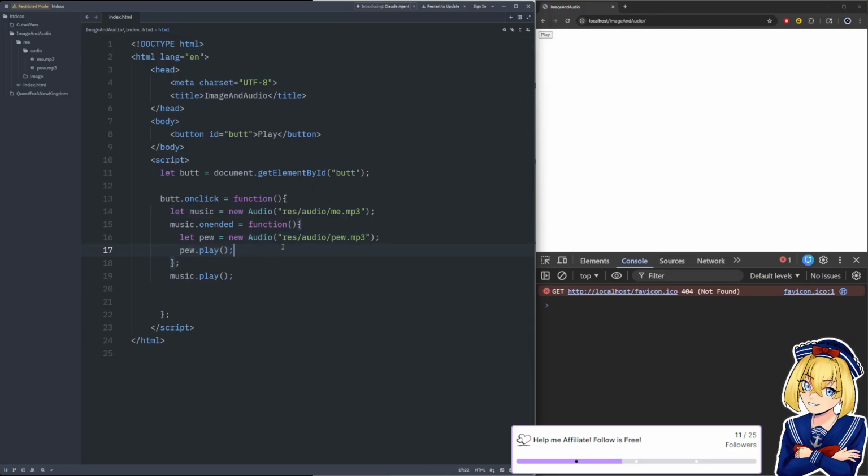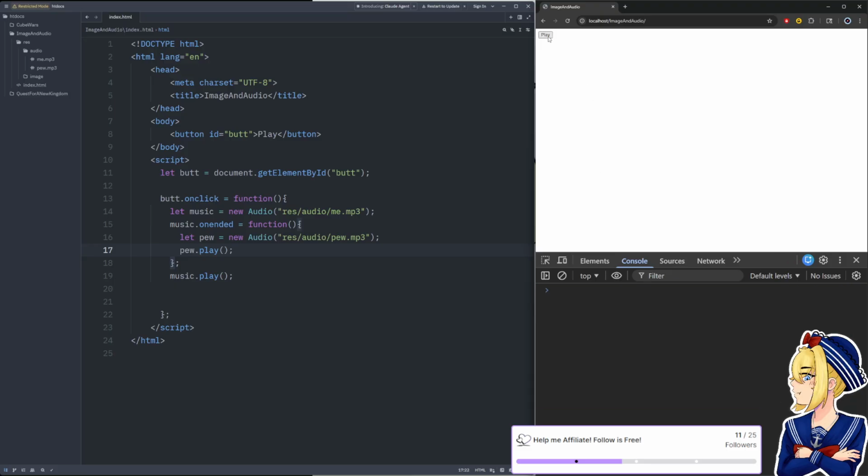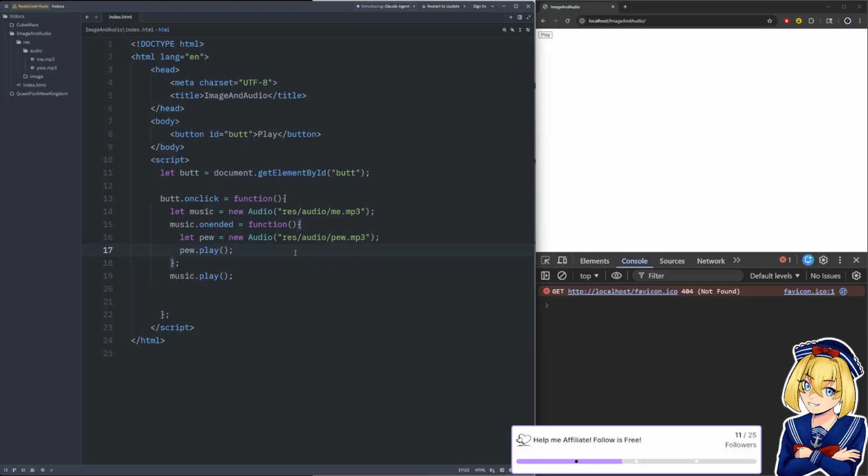So we should hear the Gregorian chant, then a little bit of white space that we didn't trim off, and then it should say pew. So we're going to refresh and do that. Pew. There we go, it worked. We got the pew after the chant.